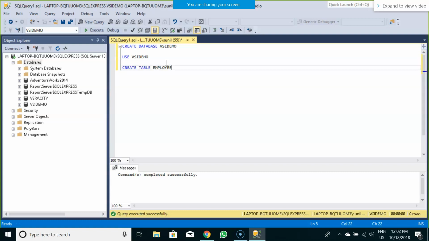So I'm creating an employee table over here, and on this employee table we are going to see some of the queries. So first let me create the table.